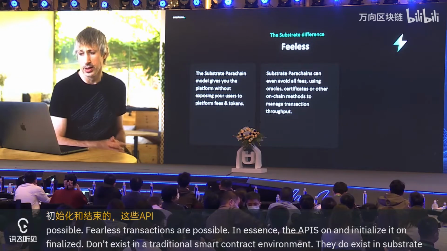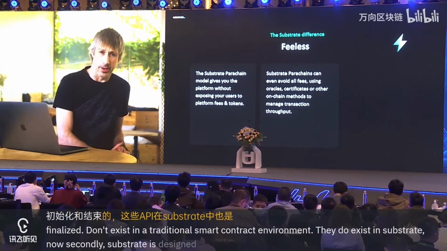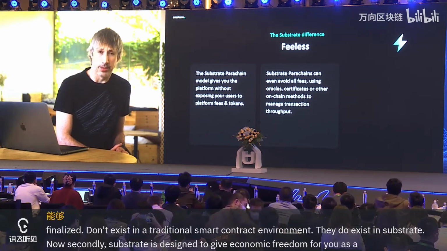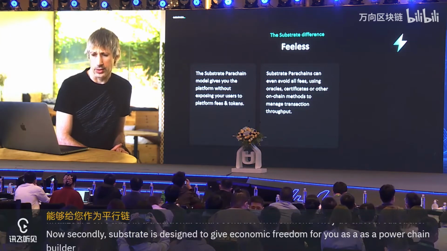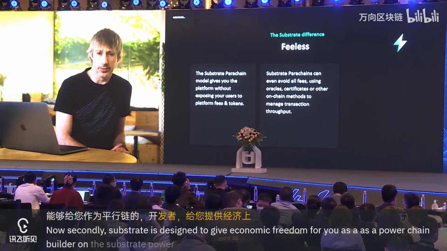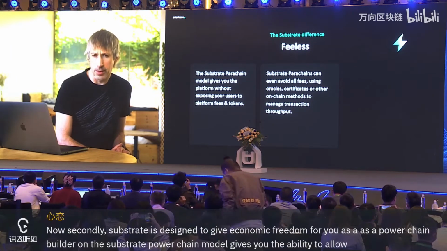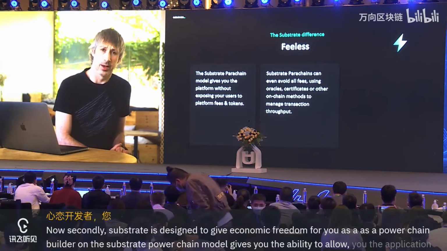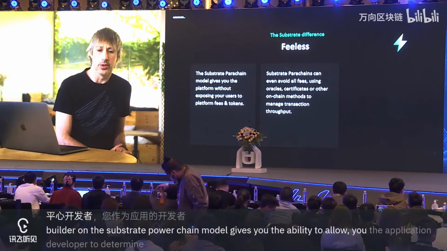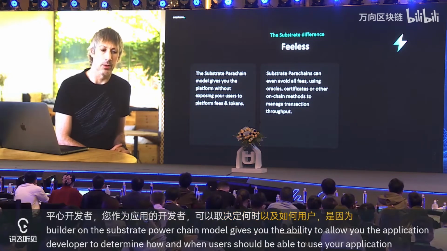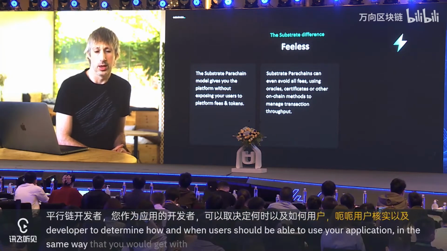Now, secondly, Substrate is designed to give economic freedom for you as a parachain builder. Now, the Substrate parachain model gives you the ability, as the application developer, to determine how and when users should be able to use your application in the same way that you would get with traditional Web 2 user models.